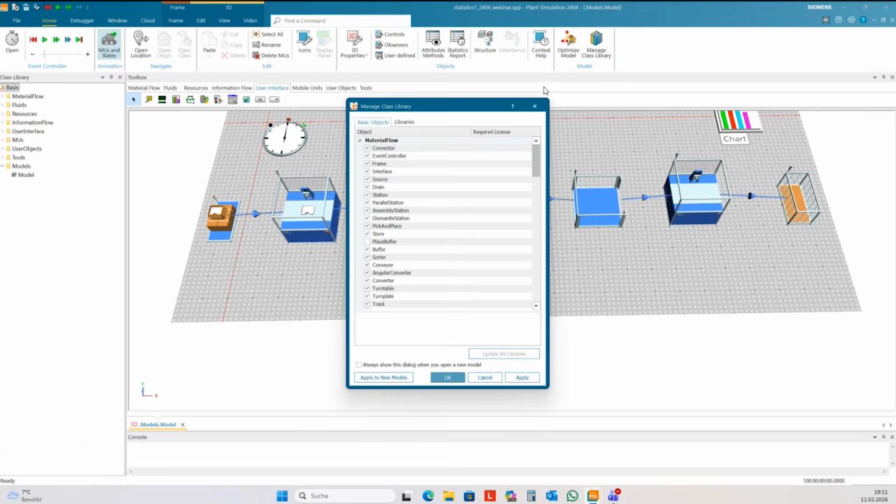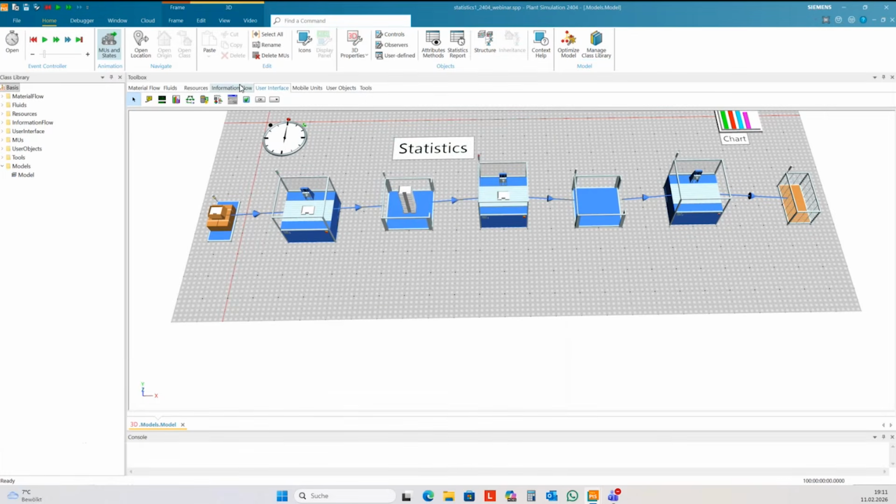The original element for collecting data in Plant Simulation is the time sequence here. But this element you only have if you have the professional license, or above with Plant Simulation X. And the same functionality has a chart.